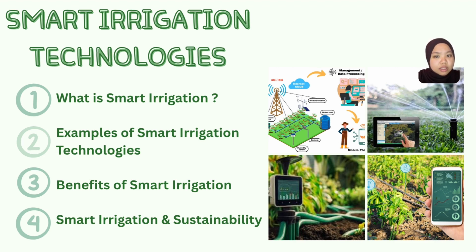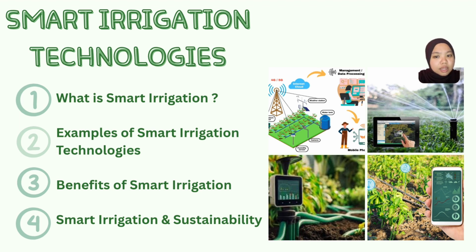Firstly, we'll understand what smart irrigation is, how it works and why it's different from traditional irrigation systems. Then, we'll explore examples of smart irrigation technology such as IoT-based systems, fuzzy logic control, and sensor-based salinity monitoring. Next, we're looking at the benefits, not just in terms of saving water, but also improving crop yield, reducing costs,